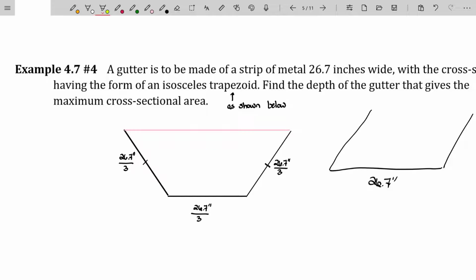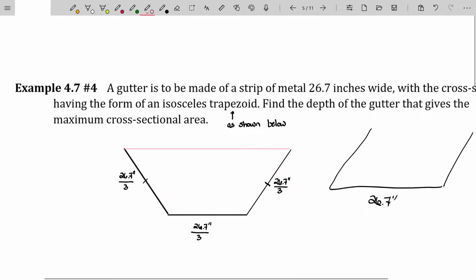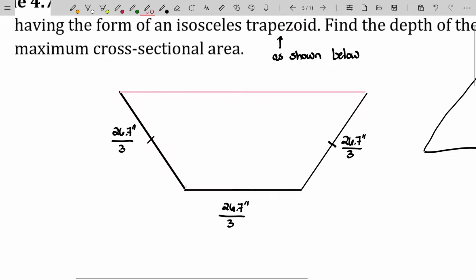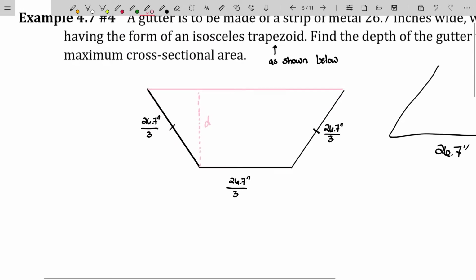And that comes down to just asking what is the best depth here. It's an equivalent question. What is the best depth? And I'll call that depth D. What is D so that we can get the maximal area here? Well, that comes down to actually noticing this is 3 regions. And these are right triangles off the edge, by the way. You can find the area of each of these regions and add them up. And we're going to